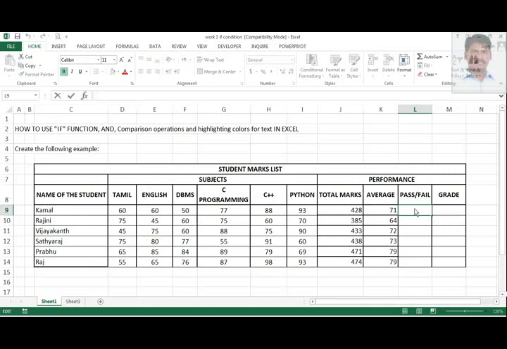Okay, first press equal to. Everything I'll put in capital letters. It's not required to do it in capital, but for your view, I'm typing in capital. So type IF, open a bracket, and it shows automatically something like logical test, value if true, value if false, like that. Okay, first we will see one of the logical tests called AND, A and B,